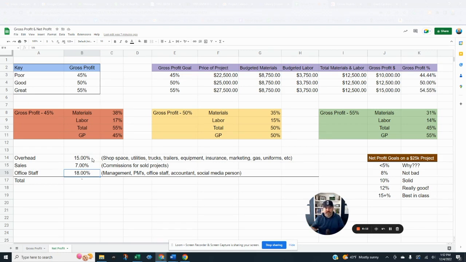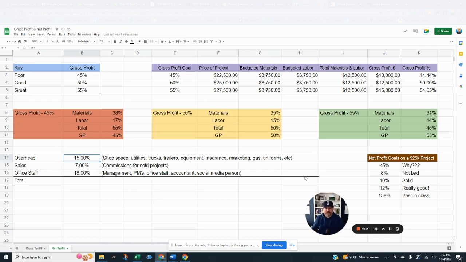That covers everything. Well, let's break it down a little bit more, because of how I would consider overhead. I've got my P&L pulled up over here. It's everything, like I list here, shop space, right? Do you have a shop? Unless you paid cash for that, you're going to pay for it, or you've got the mortgage on the land, or you just rent a spot, a commercial space, or you own it, wherever you do work or store trucks, or anything that's not just your house. Well, you have to pay that every month.